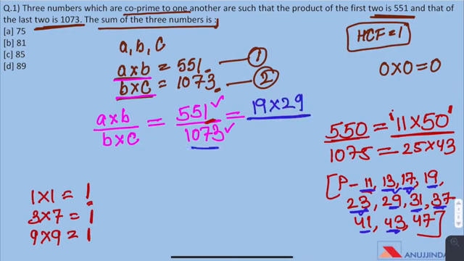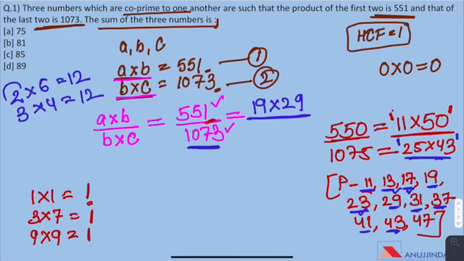And now we'll see for 1073. For 1073, it has to be between 25 and 43, this number. And how can we say that? Because 2 into 6 is equal to 12. Similarly, 3 into 4 is also equal to 12. So, we can see that if we have increased a number here, we have to go down on this side to keep the product equal. So, for 1073, the last digit is 3.